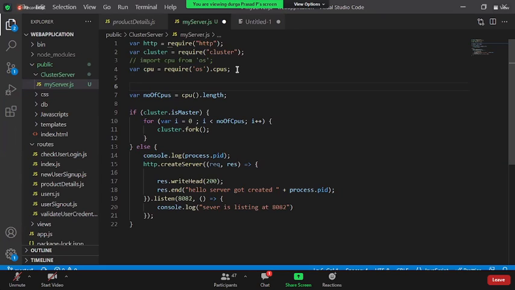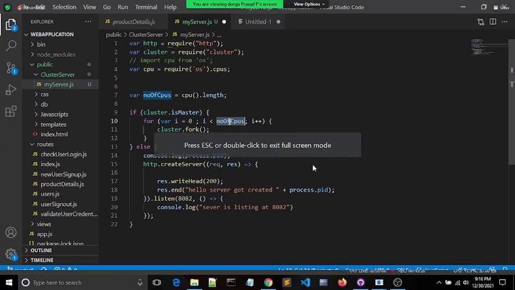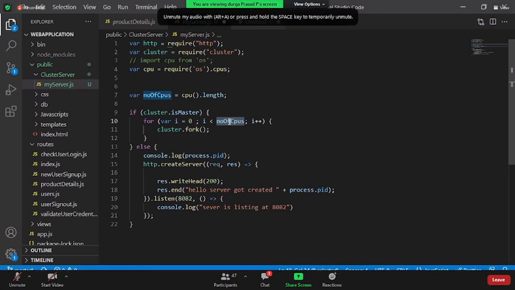Right now, someone said, boss, instead of the number of CPUs, why don't you make it 4? The problem is that right now in my system it is 4. What if I move to a high-end configuration system, say 1 TB of RAM, a huge configuration? Then 60 or 70 clusters could be created. That is the reason never to hard code it. Dynamically take out the number of CPUs the current system can take, and create that many virtual copies.